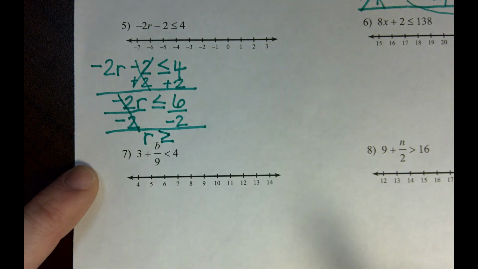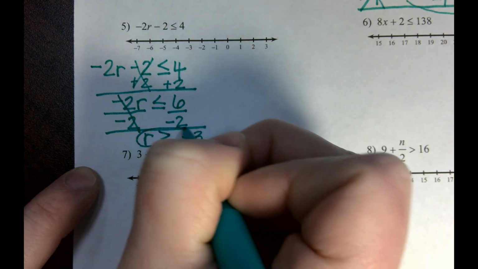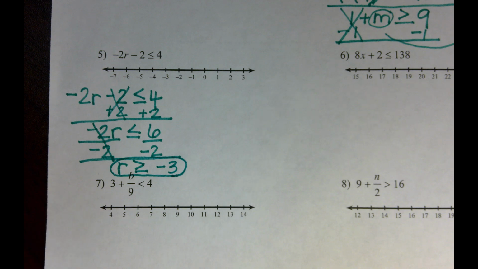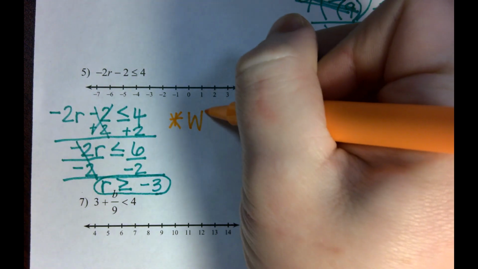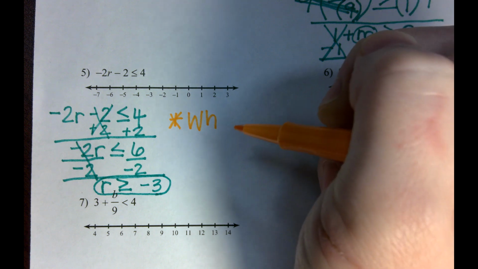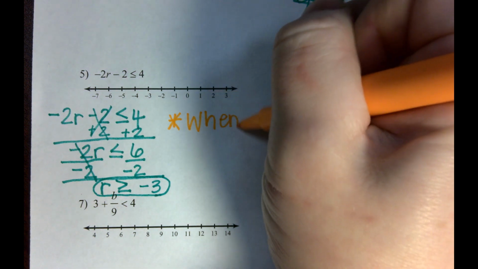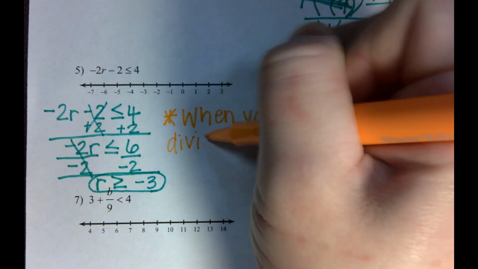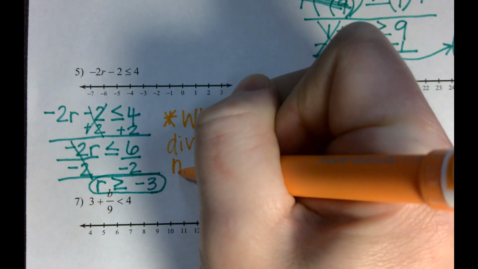What's 6 divided by negative 2? Negative 3. So let's make a little note. That's just one extra little rule to remember. Does it only apply with negative numbers? Yes, only when you divide by a negative number. That's the one strange exception. Okay. So when you divide by a negative number,